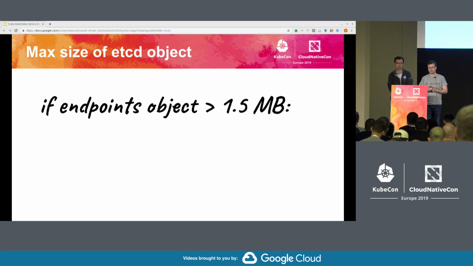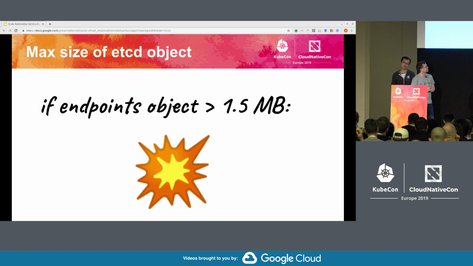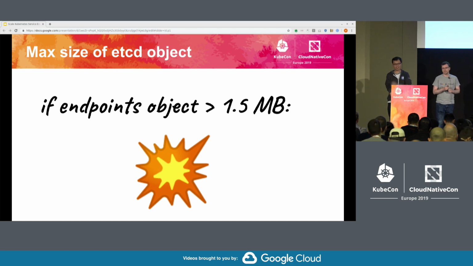So it's not something that we really want to do. To summarize, this limitation for the number of endpoints in a single service is a consequence of a limitation at the etcd level for the length of the value that is stored in etcd.